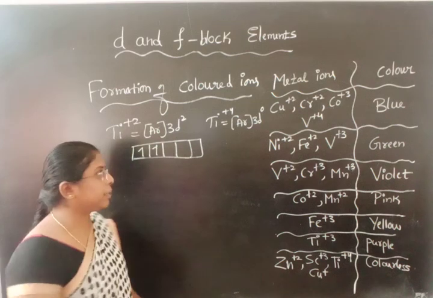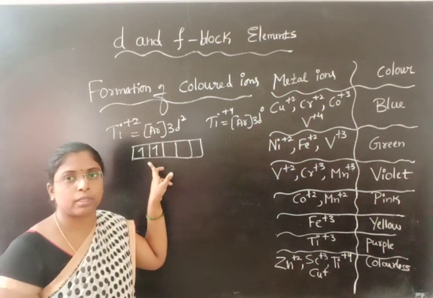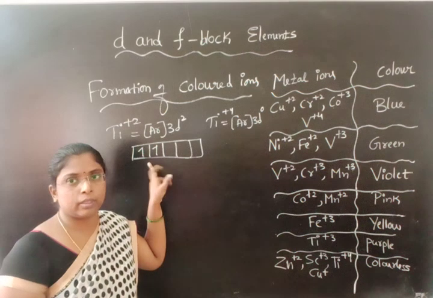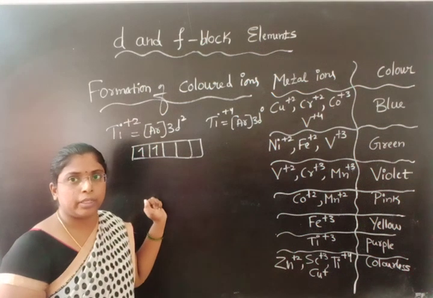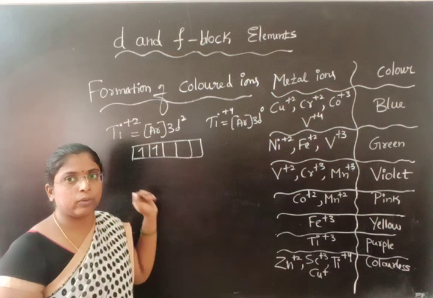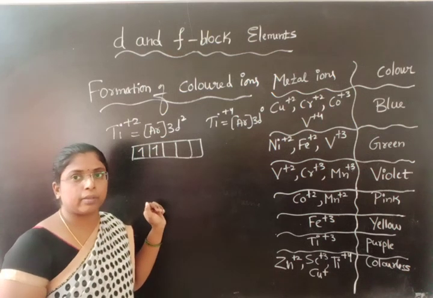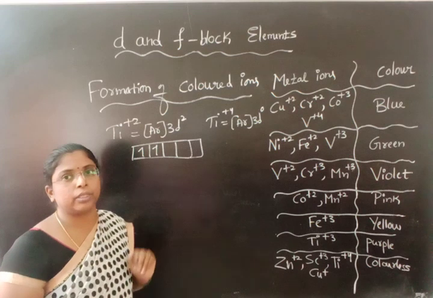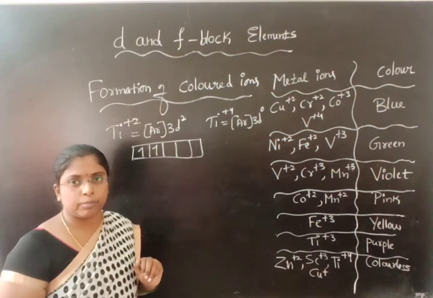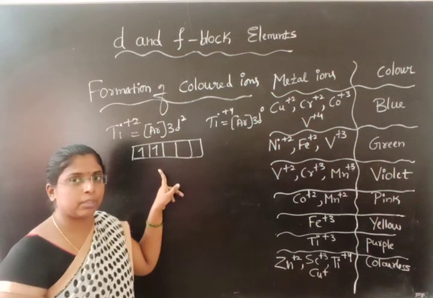These 2 unpaired electrons in the d subshell absorb the radiation incident on them and go to the excited state. While coming back, they emit radiation, and if it comes in the visible region,